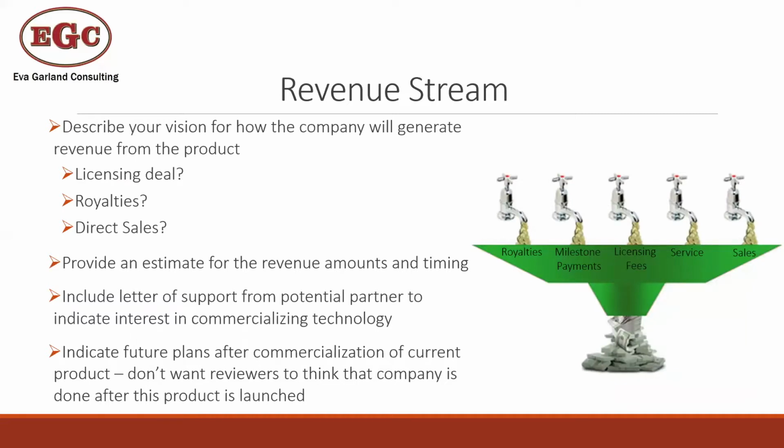And then all phase 2 commercialization plans like to have some idea of how much money you are going to make from this product, and where that is going to come from. Are you going to have a licensing deal, royalties, direct sales, whatever form that revenue is going to take? You give an idea of where the money is going to come from, and give estimates and timing of when these funds are going to come, when the revenue is going to be achieved.